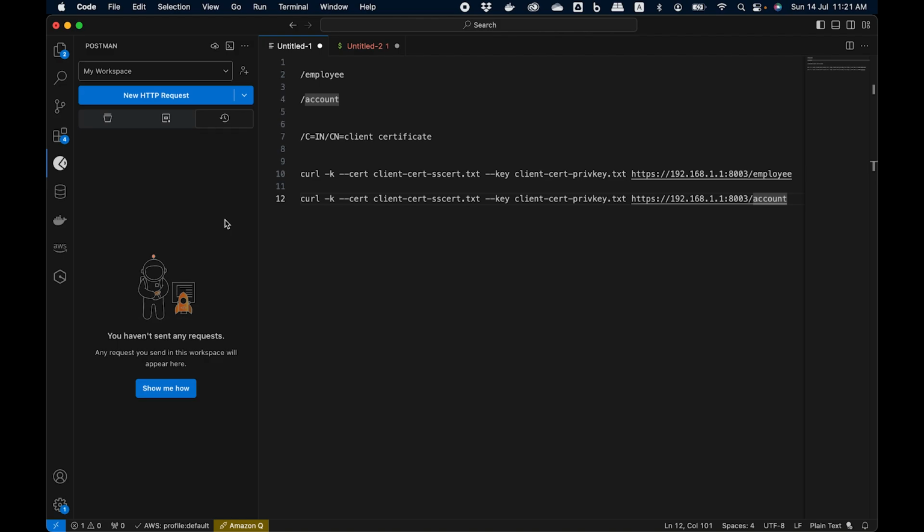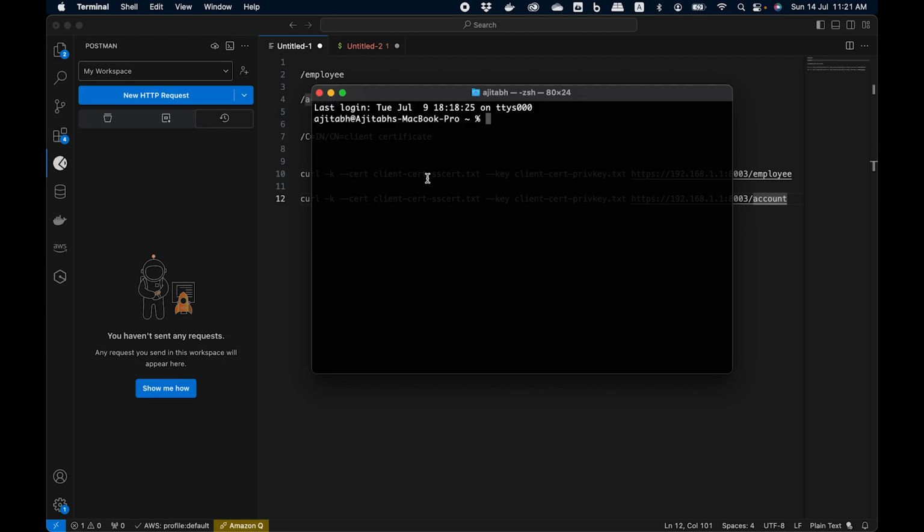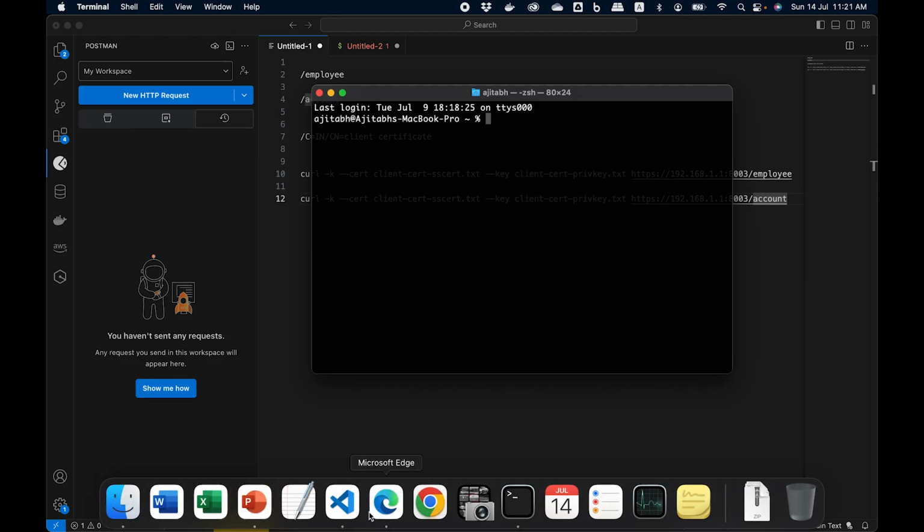It's a simple tool, and it comes by default with Mac, so my MacBook has it. On Linux as well, this tool is available, and on Windows, it's easy to install. So I'm going to fire the curl command from here, but before I go ahead